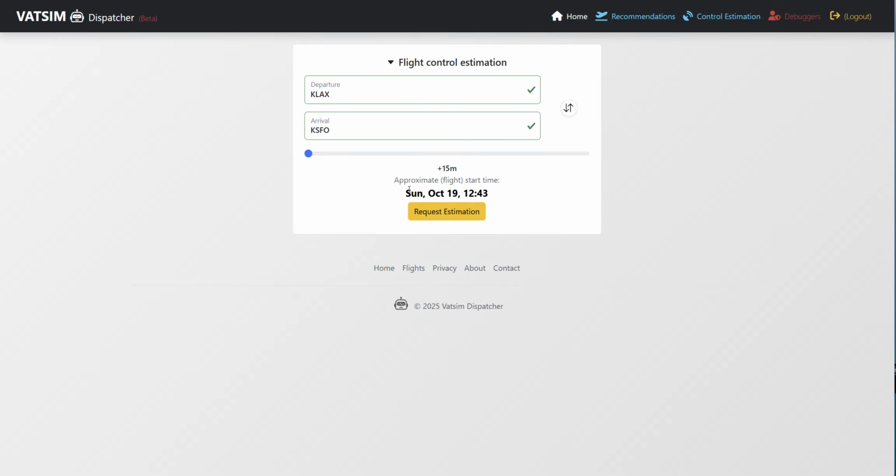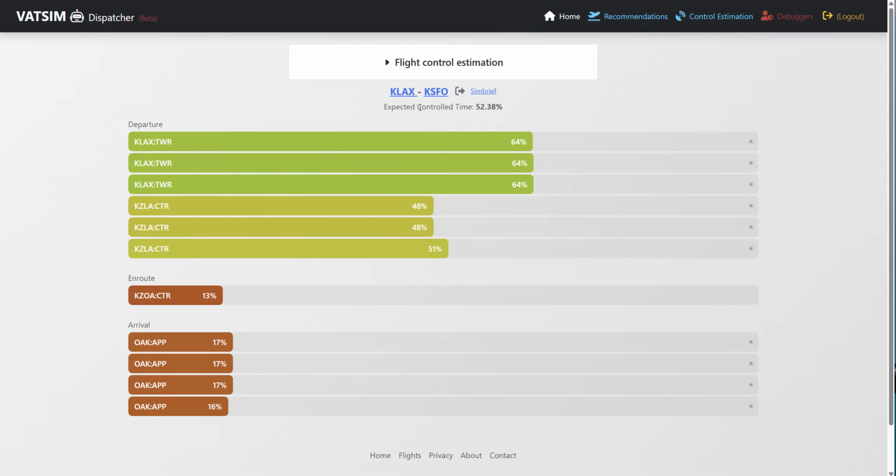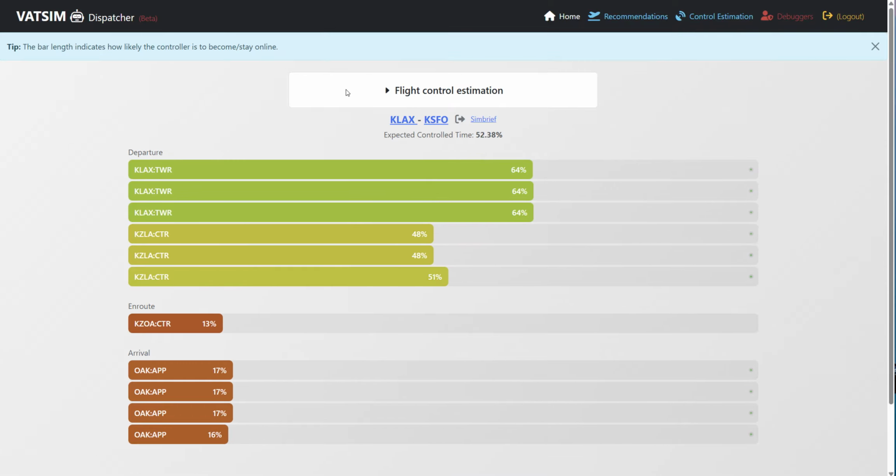This is local time, so you can always add an offset to that, and then automatically it will show you what hour you will be falling into. This is again local time, and you can also switch between departure and arrival. So let's say that I'm going to request the estimation for that configuration. Then it shows you that